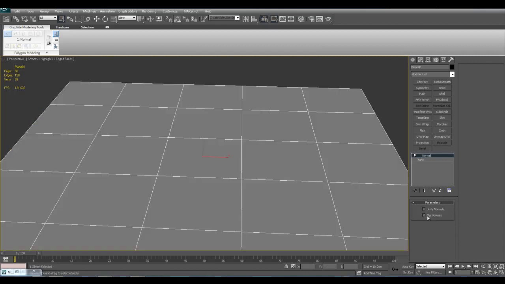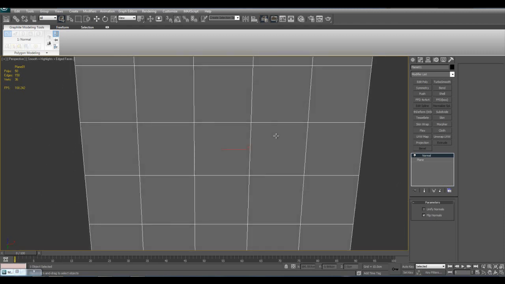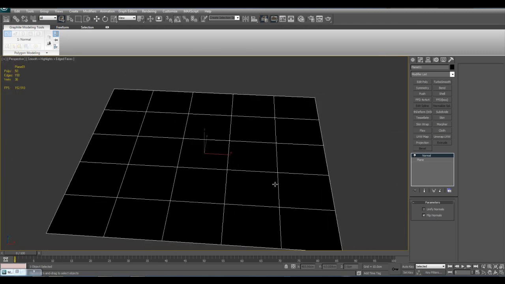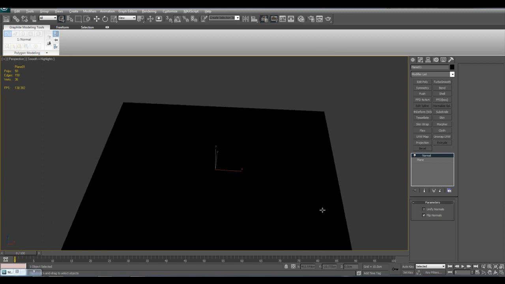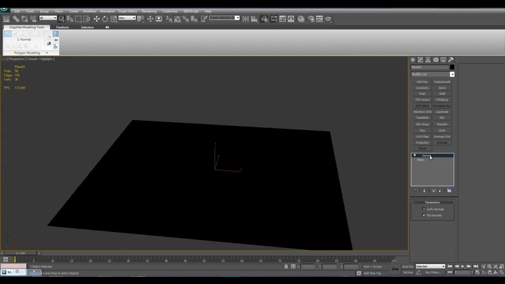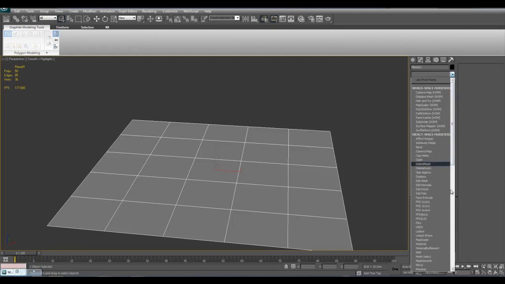So you notice that when flipped normals is checked on, all the normals have been flipped, and now basically what this does is this flips the faces. So now the regular faces become the back faces, and the back faces become the regular faces. So it's a very simple modifier. Next we have